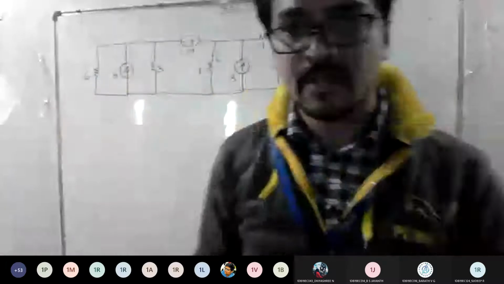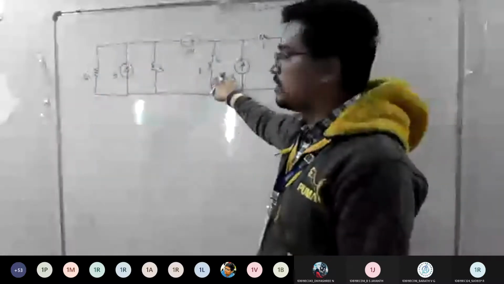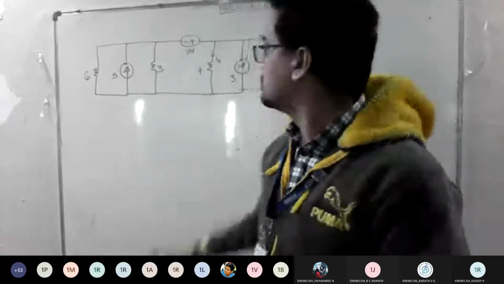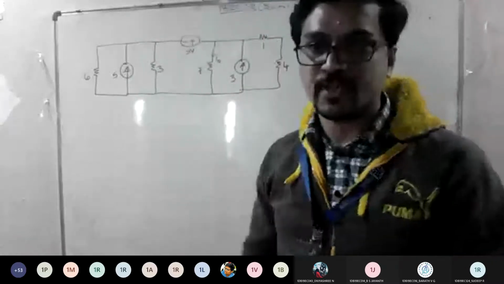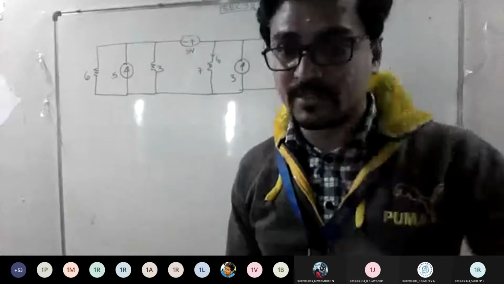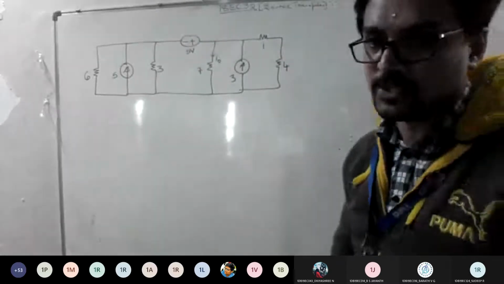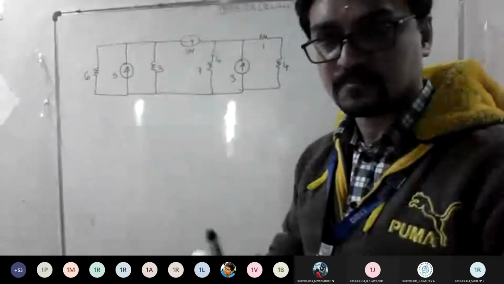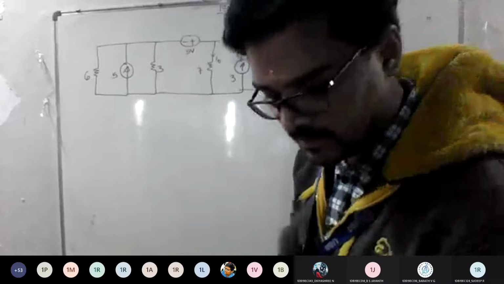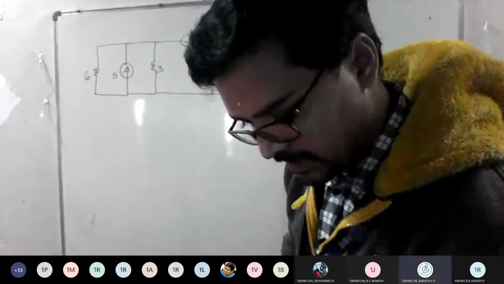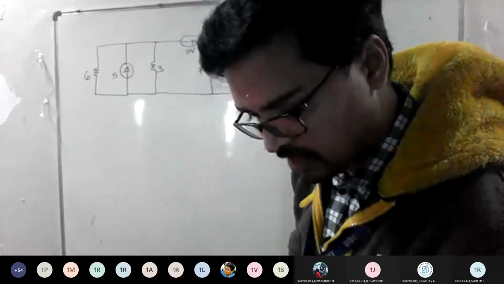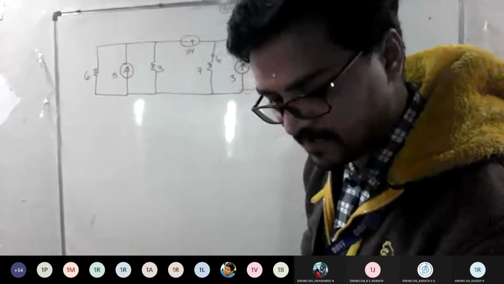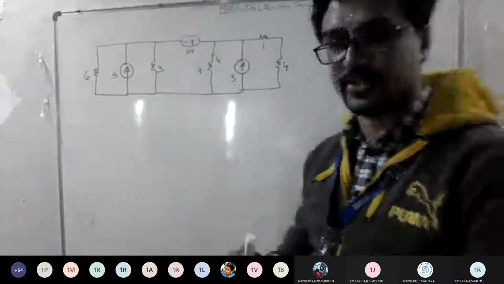So what does the question say? You need to solve for the current I naught across the 7 ohm, right, using your source transformation technique. Is the question visible? Yes, sir. Now tell me how to solve the problem. Stick to the procedure. Just check all the possible things first, then tell me what all you can do.